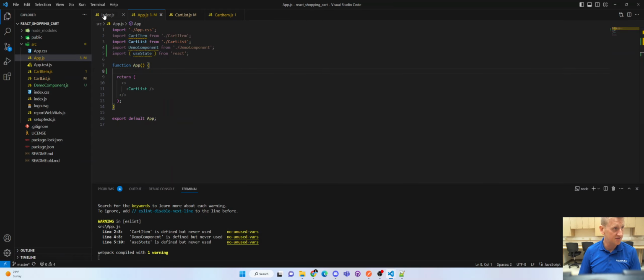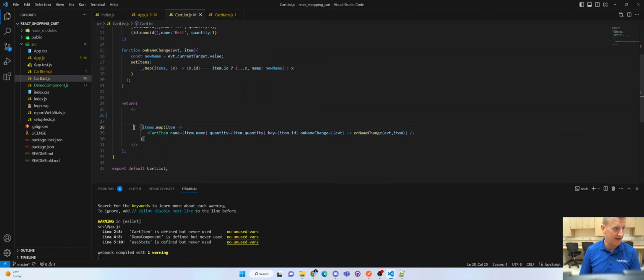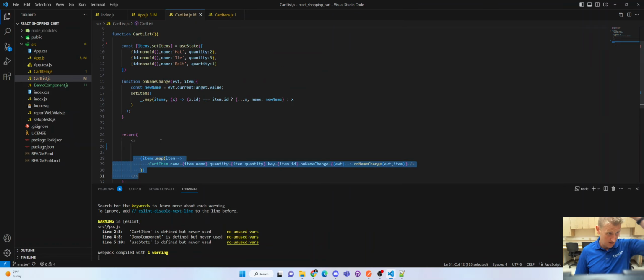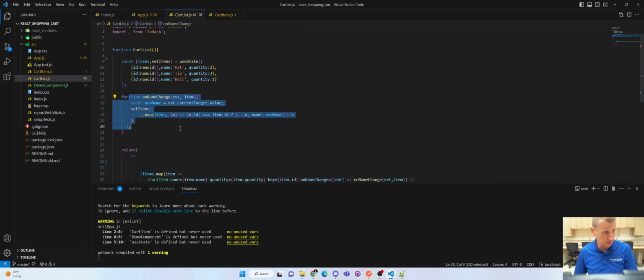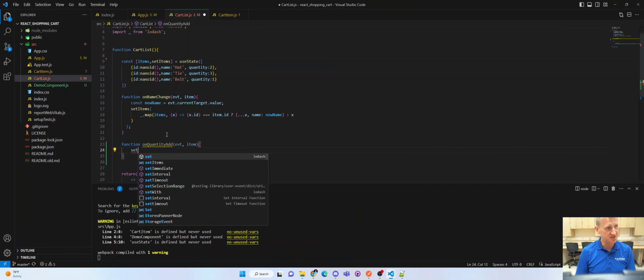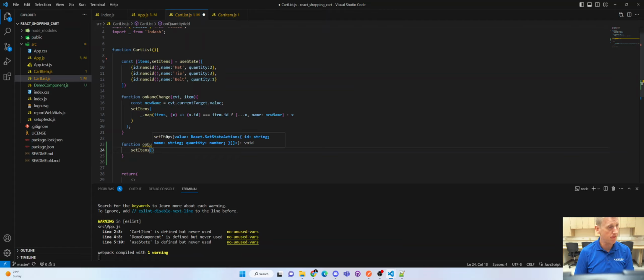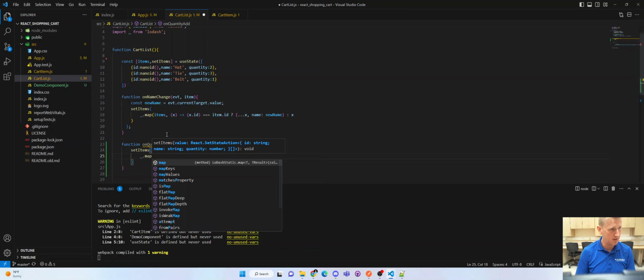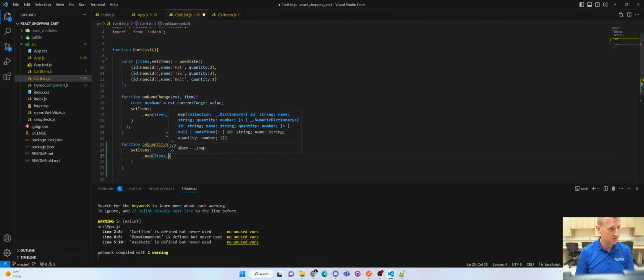So cart list. Again, index starts the app. App calls cart list. Cart list right now is just looping through our cart items. And we wrote a function to modify the name. So let's do another function. Function on quantity add, event, item. It's going to be very similar. It's going to call set items and use the Lodash map, the items array,